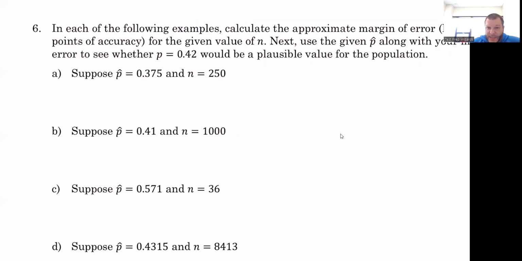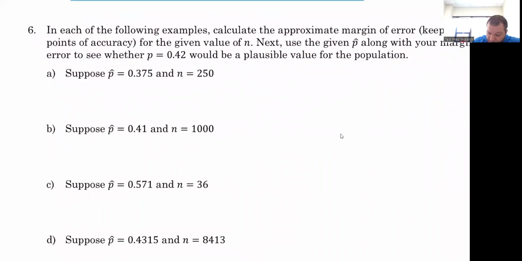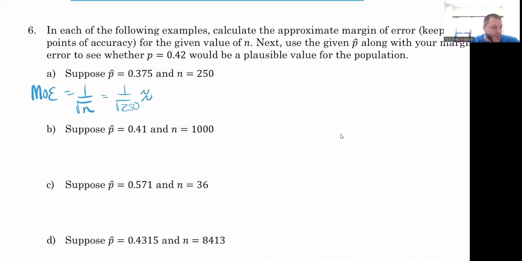For question 6, we need to calculate the approximate margin of error. So we know that the approximate margin of error is 1 over the square root of n, and then we'd multiply by 100 in order to turn it to a percent. So in question A, it would just be 1 over the square root of 250, which, if we break out a calculator, is basically going to be